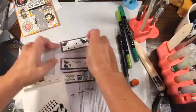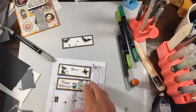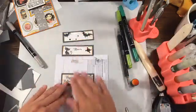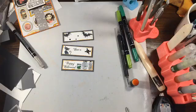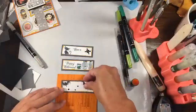I always tend to like things in threes, like the triangulation of it, I guess. I think it's somehow more aesthetically pleasing. All right, so we have 1, 2, 3. We have that. Now, what in the world did I do with my base card? There it is. So then we will add these